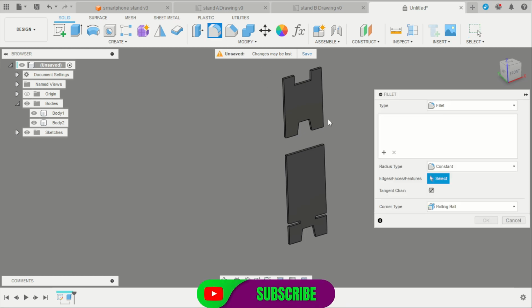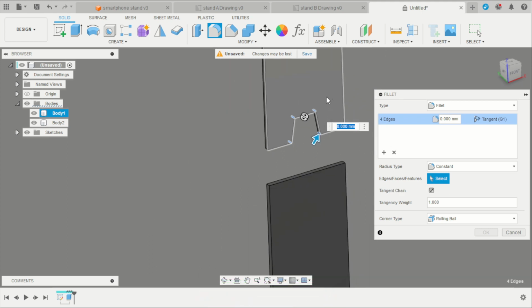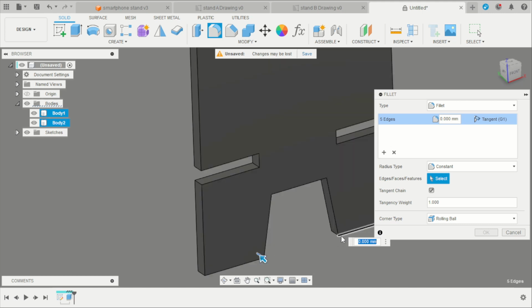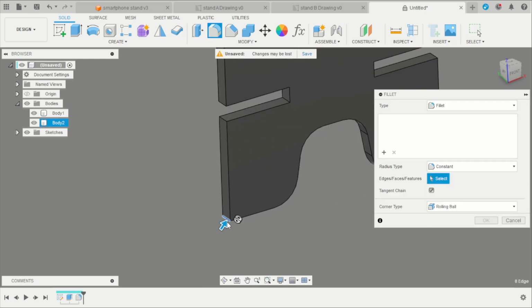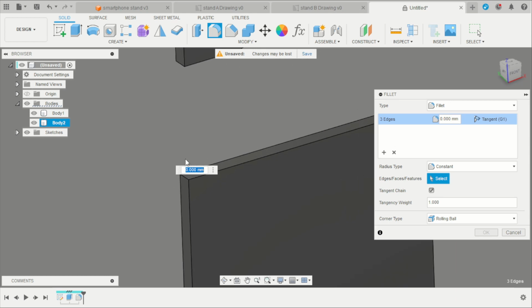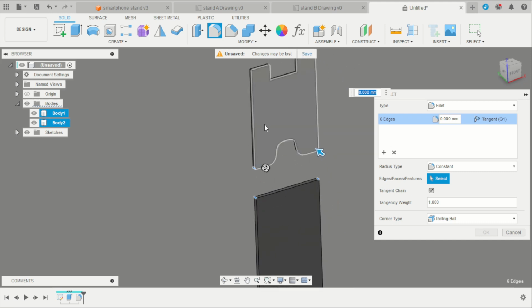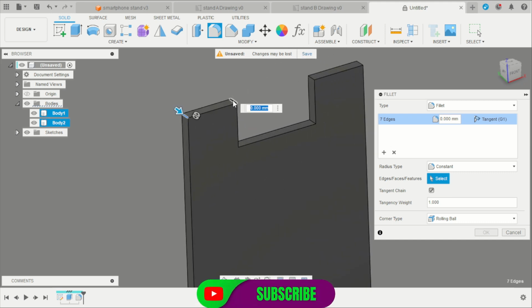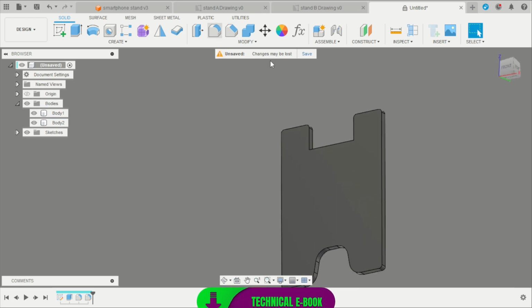For now, we apply some fillets on that edge. Here and here, here and here will be 8 millimeters. Another fillet on these corners. Here, here, and here. The same for that second part. Here, here is 2 millimeters. And another fillet